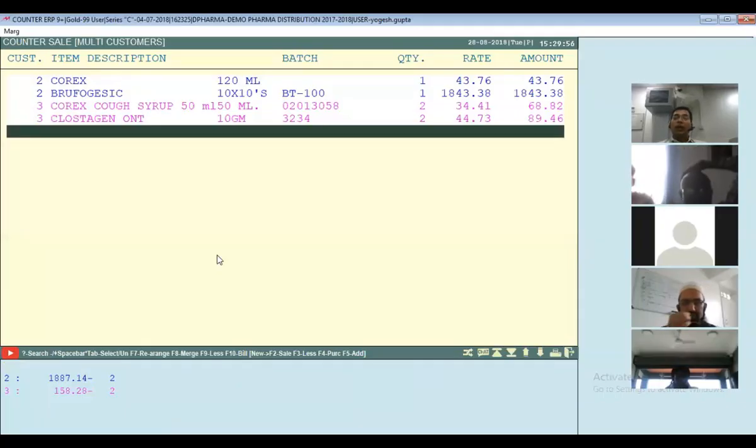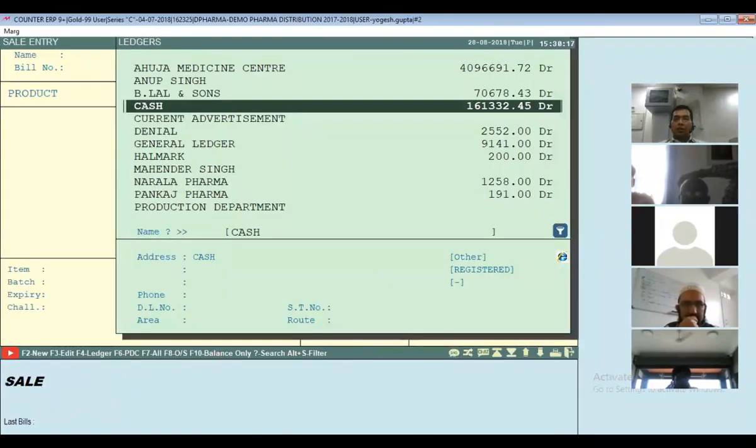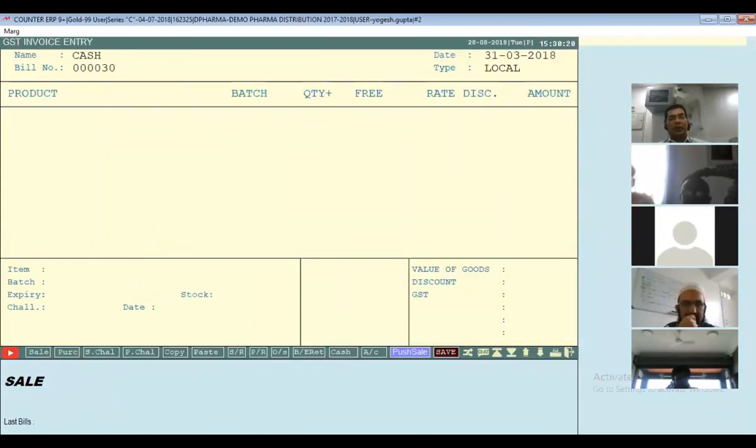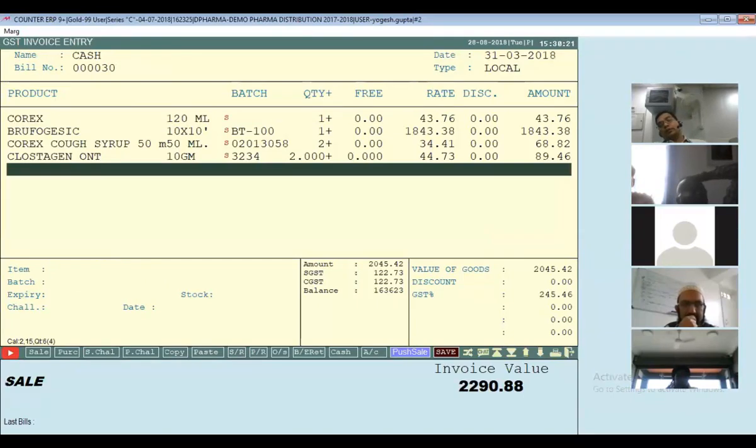Because it may be possible the retailer thinks, since morning till afternoon I'll make one bill, afternoon to evening I make a second bill. So my software automatically stores all these. In the evening, what does he do? He presses the star key, F10 key. Look, sir, all the customers' bills would be here. This is my counter sale.